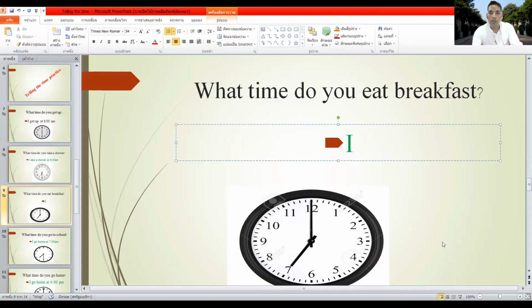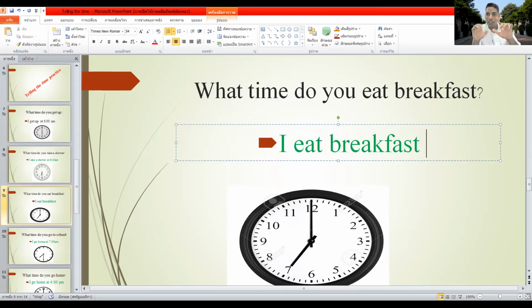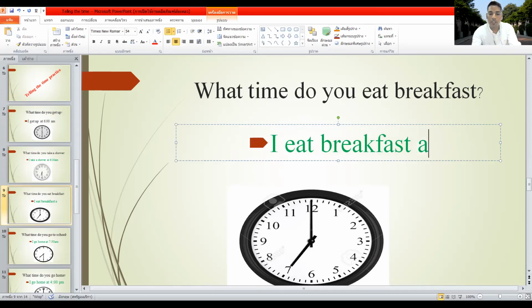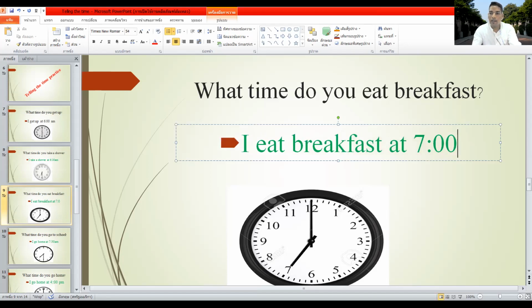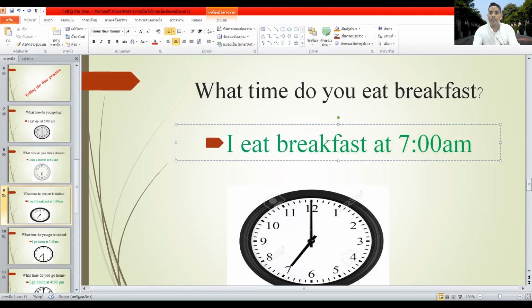I eat breakfast first. Have the showing the time also. You can see in the clock. I eat breakfast at 7. You can write 7 like this and 7 a.m., because he is asking about breakfast. So breakfast we take in the morning time. So what we can say, a.m. time. P.m. time is the afternoon. Okay. So what we can say, I eat breakfast at 7 a.m.